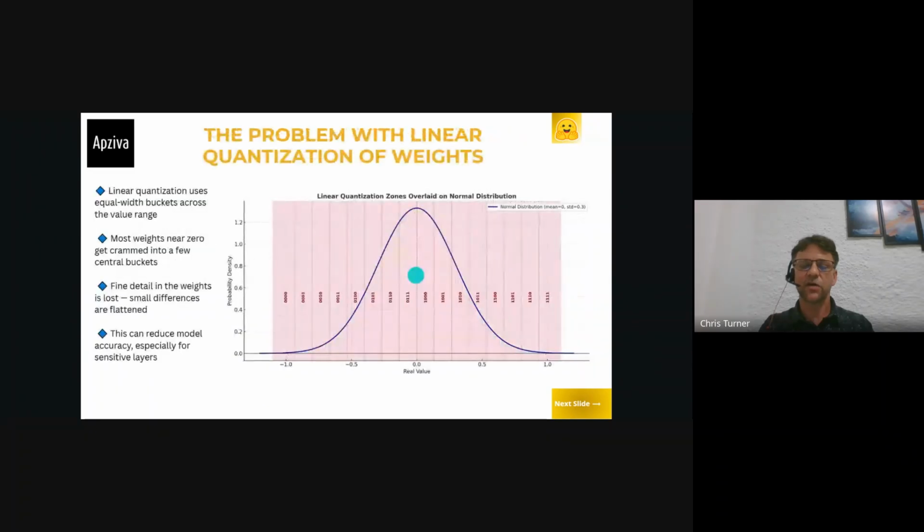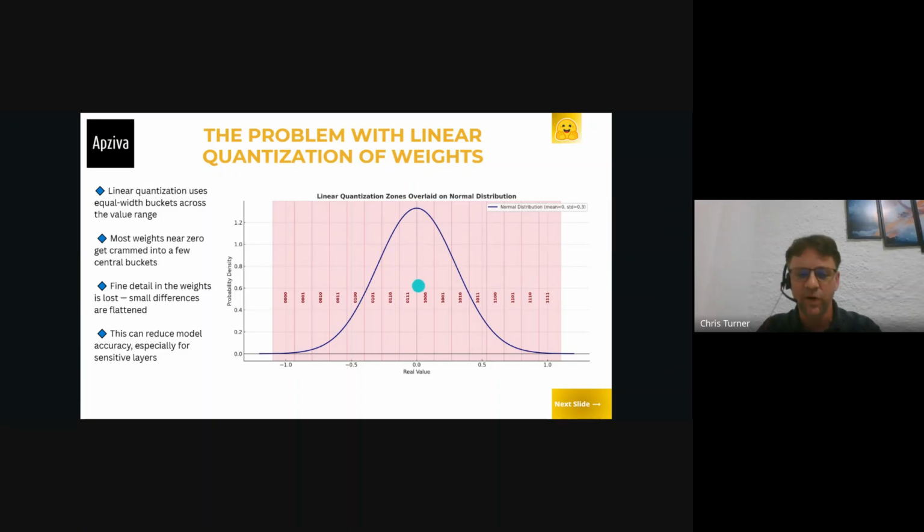So if we designed that value code map for the normal 4-bit float with the numbers mapped to evenly distributed places, then most of the values would get turned into these two buckets here.